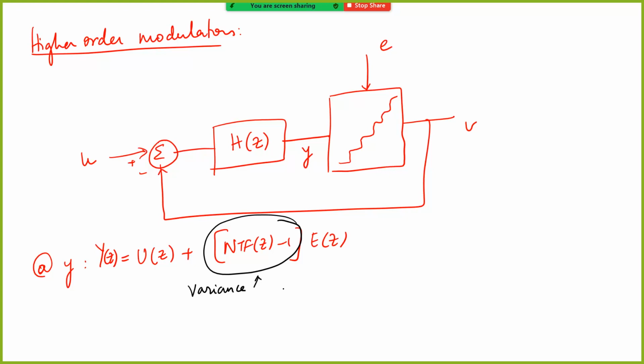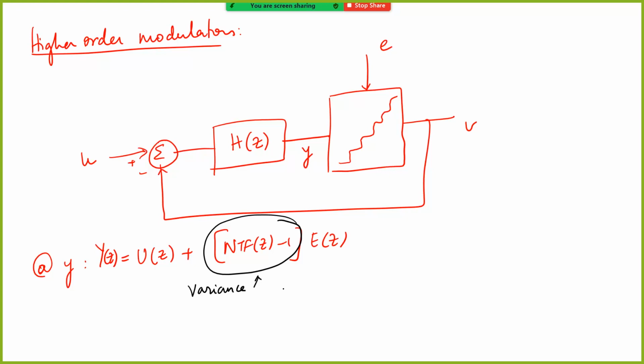Now, what does it mean to say that the variance of noise or the variance of the signal increases at the input of the quantizer? When you physically translate it to, let's say, voltages and currents, what does it mean? When you say the variance of a signal or a noise is quite high, what do we actually mean in this case? Let's say physically in terms of voltages. So it varies more. The amplitude has variations, correct?